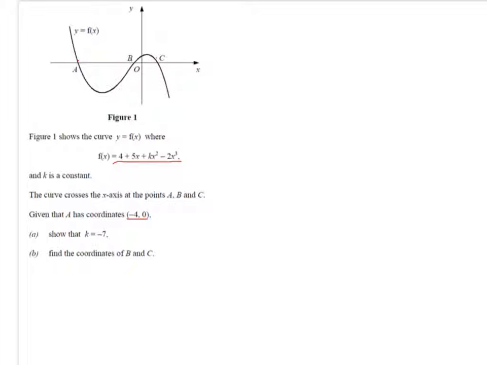They want me to show it, so I do not use k equals minus 7. I just use that to check that I've got the right answer. How can I show that? Well, we're told that x is minus 4. If x is minus 4 and we substitute it into the function of x,